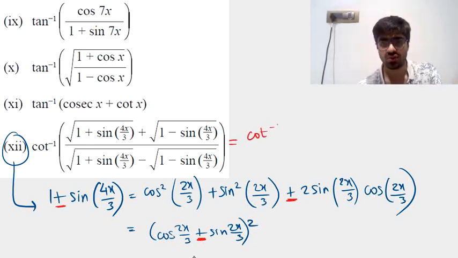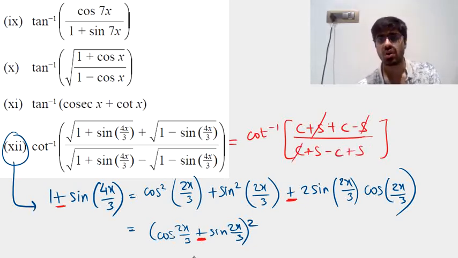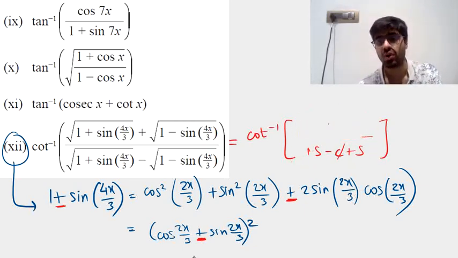So I have cot inverse of cos plus sine plus cos minus sine upon cos plus sine minus cos minus sine. Okay, so sine gets cancelled. We are left with a 2 cos. Open up the bracket here, so it's minus cos plus sine. Cos gets cancelled, and here you have a 2 sine. 2 cos upon 2 sine, 2 gets cancelled. Cos upon sine will be, sorry, cot, and the angle is 2x by 3.